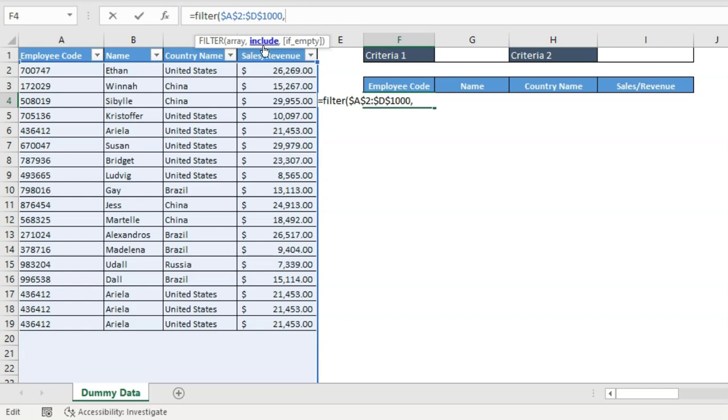Now the second argument is include. Include means you need to verify the criteria. You want to verify that if any column has that value, then only it will filter out the data and get the values. So here I want to select this C column range. As we can see, my starting row in the array is the second row and it ends at 1000, so I need to make sure this criteria range shows the same range. So I need to change it to 1000, like C2 to C1000, and let me fix this range.